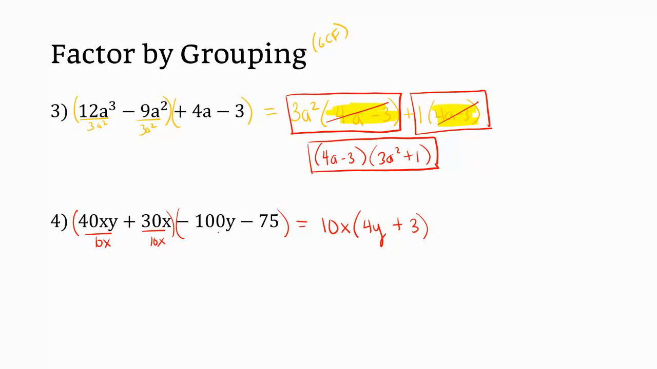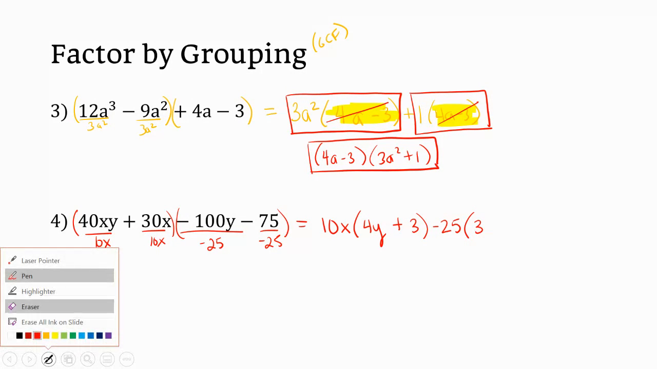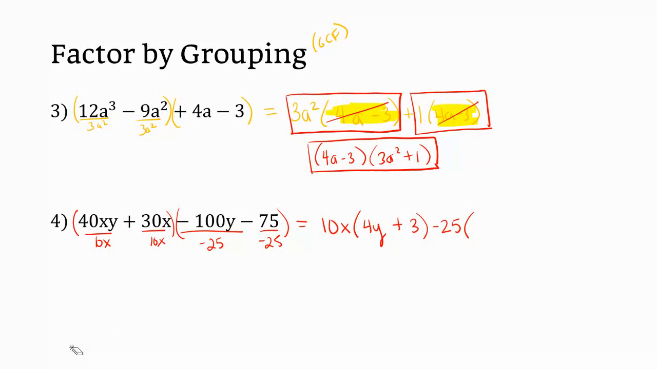So what can you factor out of negative 100y minus 75? I think minus 25 is my first thought. If I divide by negative 25, divide by negative 25, I'm going to be left with 3y. Nope, 4y. I got overconfident. What did I just say? 4y plus 3. Perfect. So just like we said before,